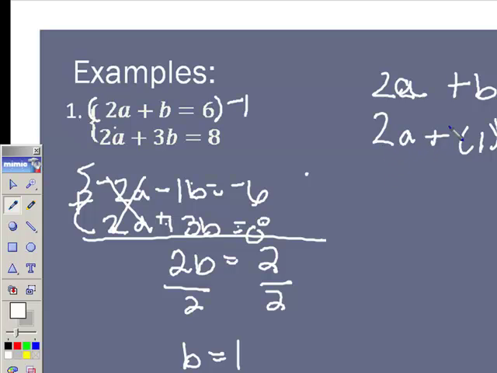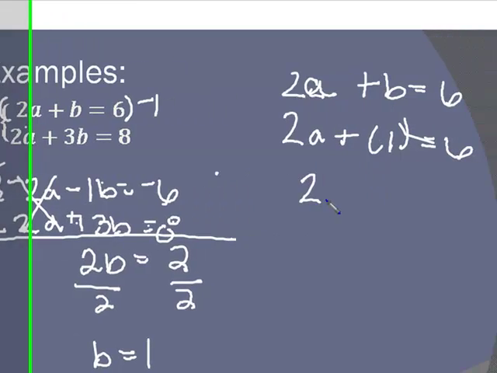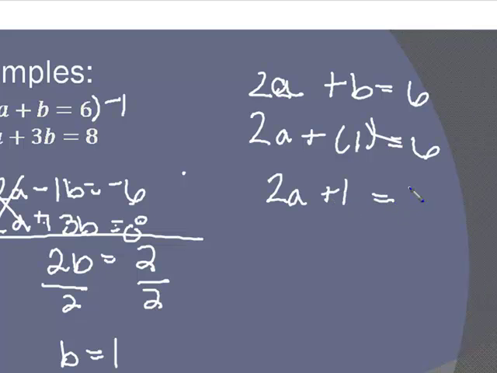So we got a 1 here, right? We're going to distribute it. So 2a plus 1 is equal to 6. Then what? Subtract 1. So 2a is equal to